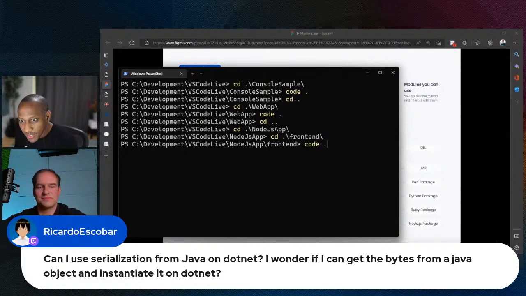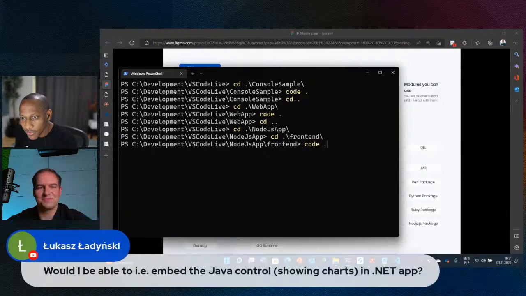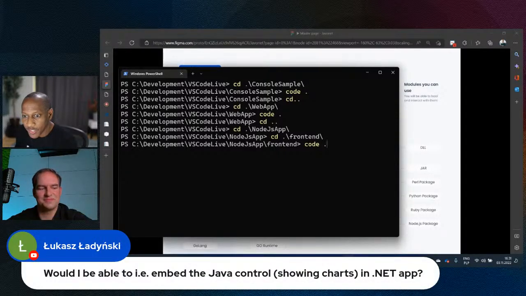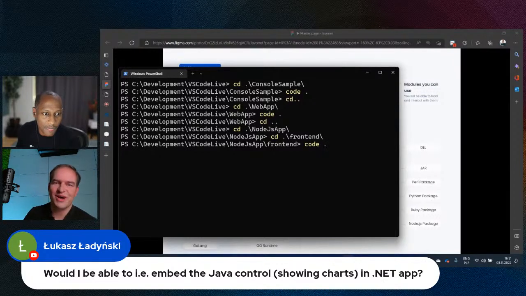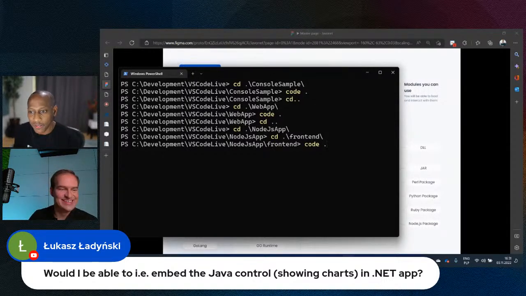Lukas Ładyński says, would I be able to, for example, embed a Java control showing a chart in a .NET app? Yes, that's a good question. That is possible with the current version, Javonet 1.0.